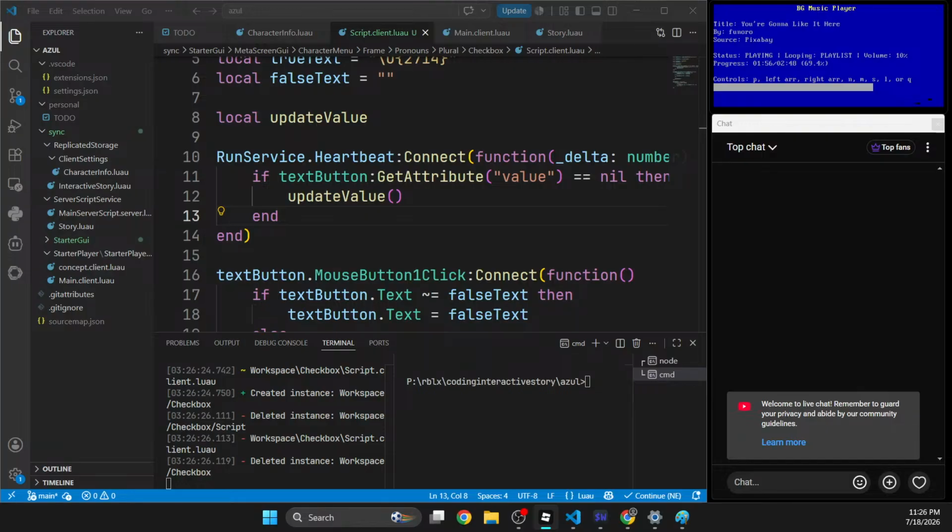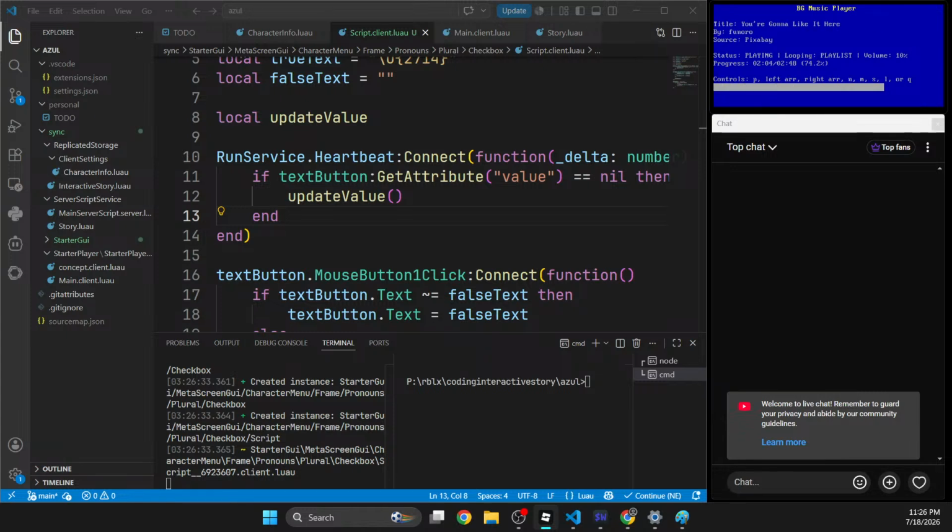Oh, no. What? Alright, I'll set the value. Okay, so if I run this, I should be able to